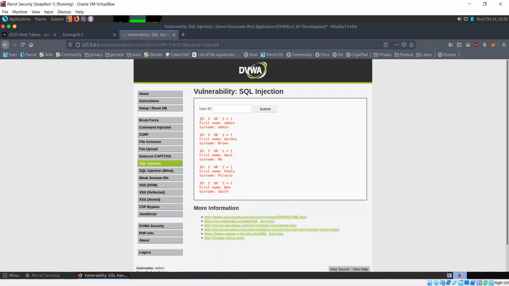I get all the data for all the users, all the data specified in these two columns, first name and last name. So I get data for all users here. This is the most basic kind of SQL injection that you'll see: you give it a value, or even if you don't specify anything, just end it with a single quote and say OR 1 is equal to 1.